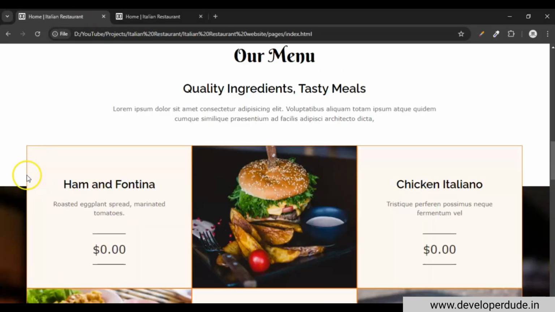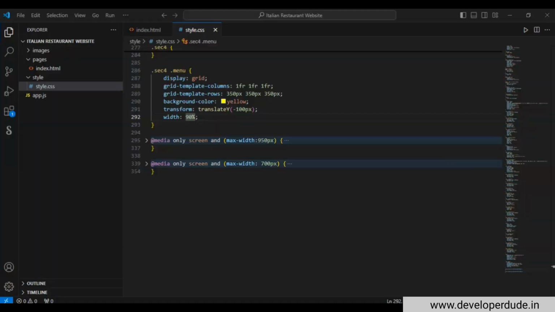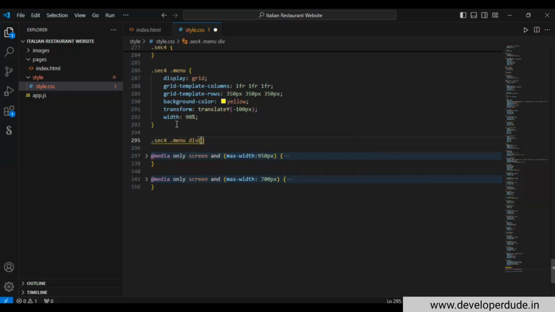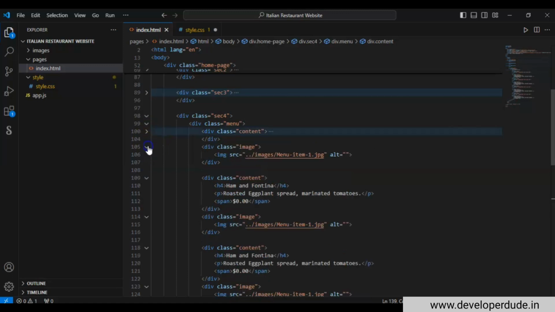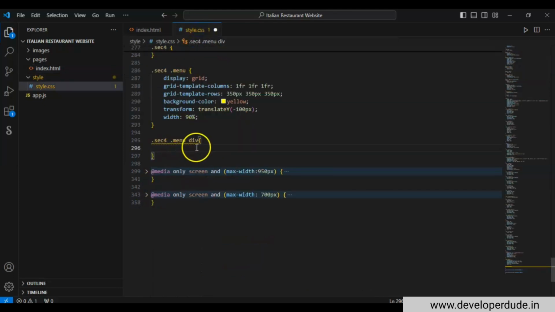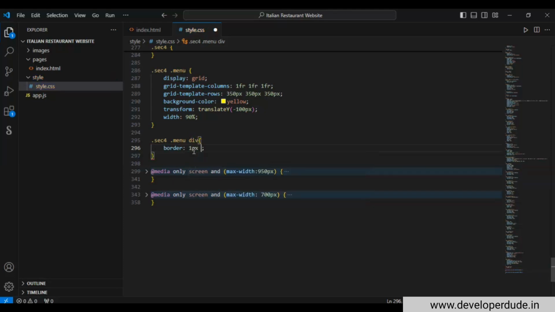So you can see this orange border in this div, also in this div. Every div has a border of orange color. So how to do this? We have to target section 4, and in this section 4 target the menu div and target all the divs in the menu. So we have this one div, then image div, then content div, then image div. It is targeting all these divs, and we add a border to all of these, 1 pixel solid, and give it the color main orange. Save it,